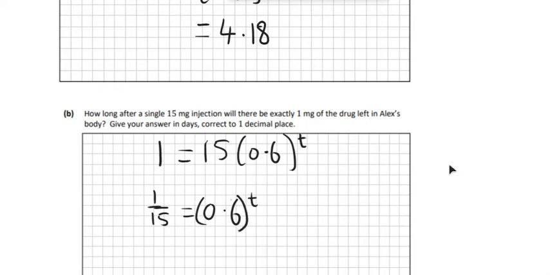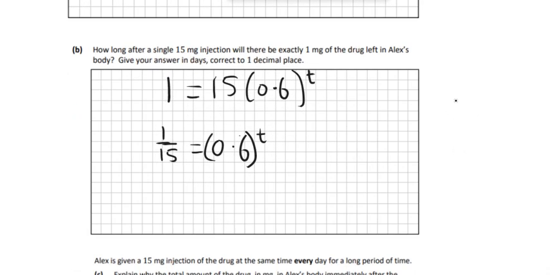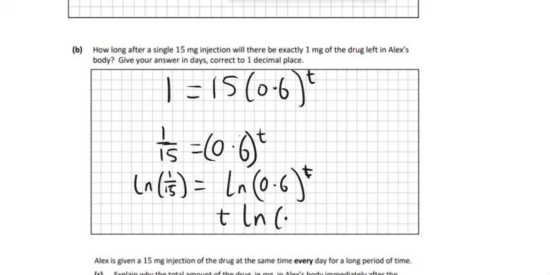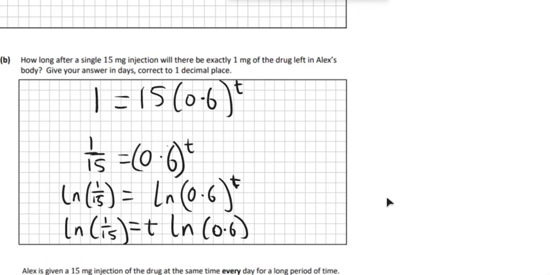And then when working out a power, we always use logs, so we can use the natural log. ln of 1 over 15 is equal to ln of 0.6 to the power of t, and that allows us to bring the t down, so we can bring t in front of the ln 0.6. And then we can bring that over to the other side, so t will equal the natural log of 1 over 15